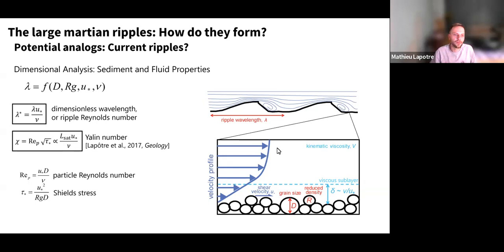And of course, the formulation of that saturation length depends on the dominant mode of transport. So for subaqueous ripples, the dominant mode of transport is bed load, such that the Yalin number can be rewritten as a function of the particle Reynolds number and the Shields number of the flow. So again, briefly, for those of you who might not remember fluid mechanics and sediment transport, the particle Reynolds number is a measure of how much a grain sitting on the bed sticks out of the viscous sublayer. It's also a measure of how turbulent the flow is past the sediment grain. And the Shields number, or the Shields stress, is a measure of flow strength relative to stabilizing gravitational forces.